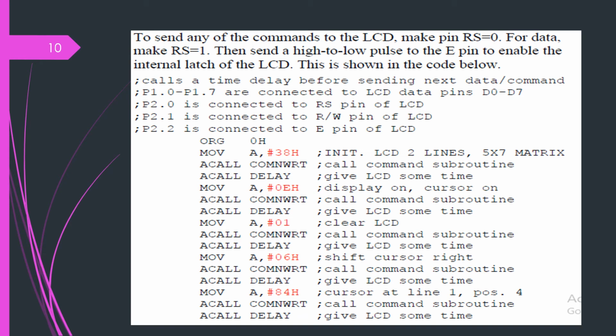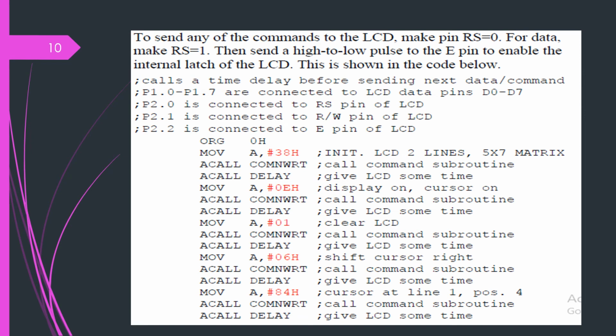I've already mentioned the various timeouts whenever various instructions on the LCD are executed. Approximately every time, a minimum of 40 microseconds is taken, and at some places more than 40 microseconds is taken by the LCD to perform some operation. So that's why that delay is mandatory, and you have to call a delay from 1.64 milliseconds and 40 microseconds. So these are some of the timeouts it needs.